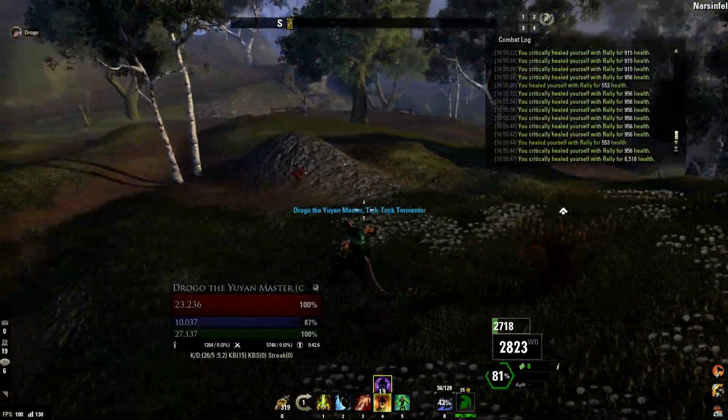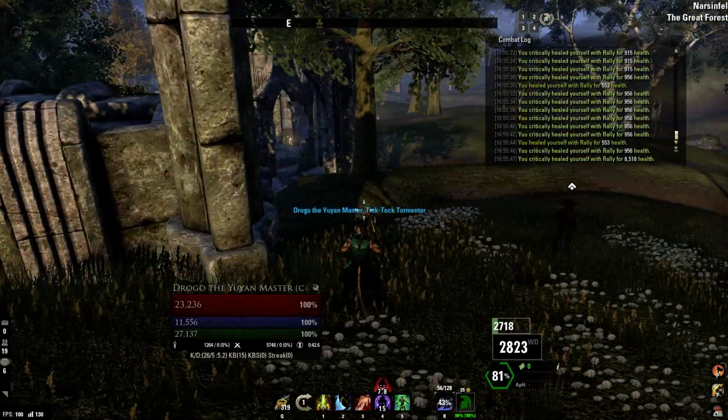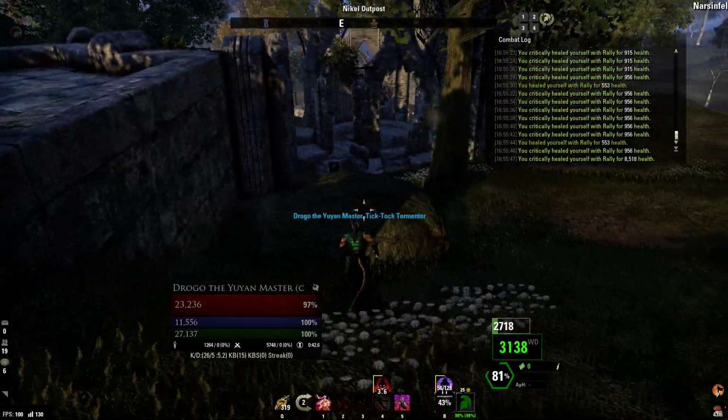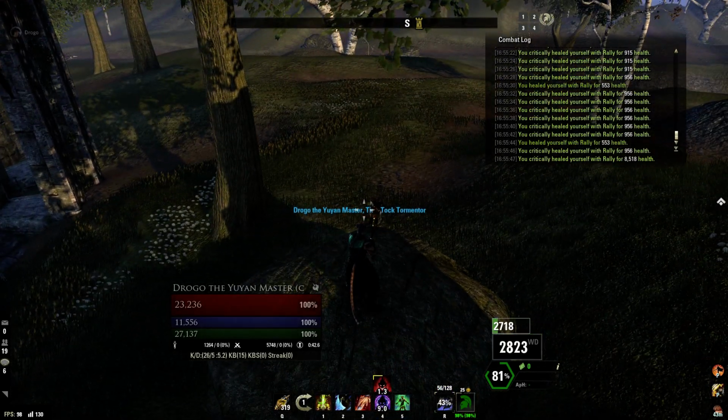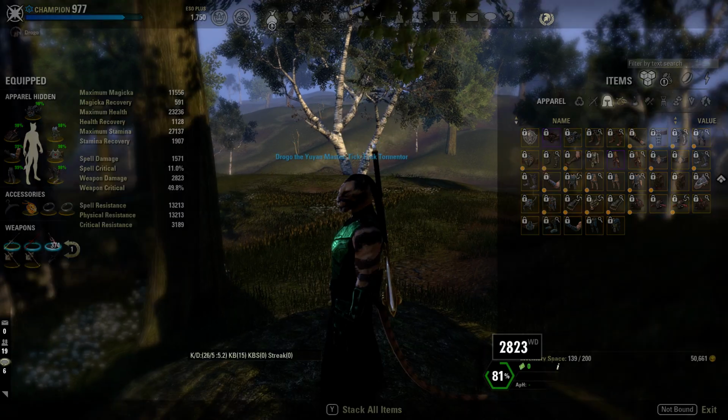Shadow Image is also really good against mag DKs because of their CC. It's just really good for kiting, and I've just found it to be more effective. As for CP,